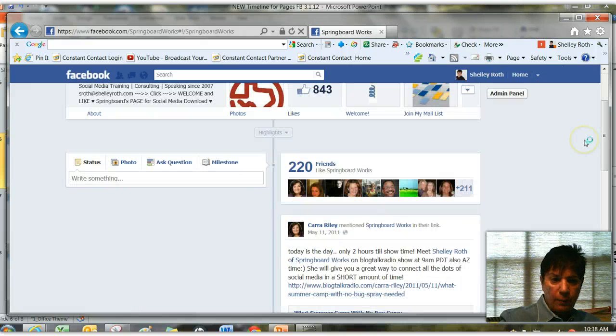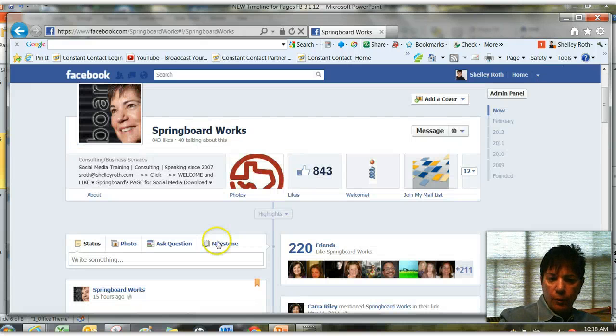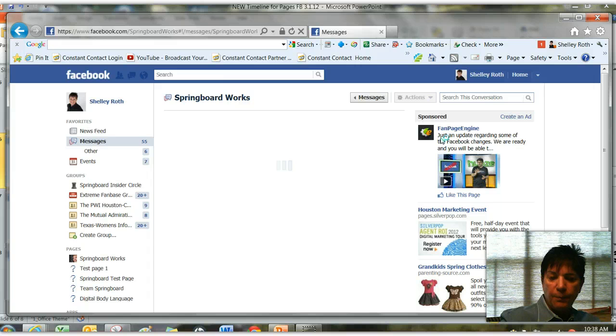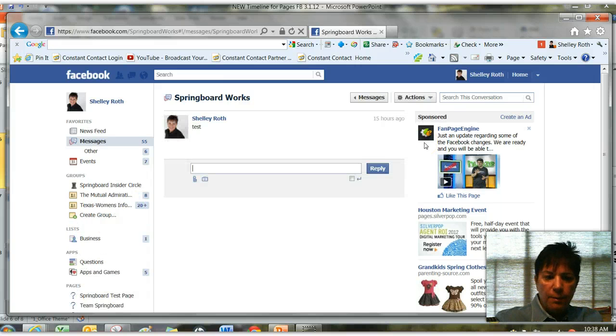Alright, so going back to the top. So there are the main icons. You want to consider what you're going to put there, what images you're going to put there, and what you want to feature. The About button is where we just were. You can go in and edit that and add all kinds of information. This is where I can send a message to anybody, any of my likes. So if I go in and send a message,